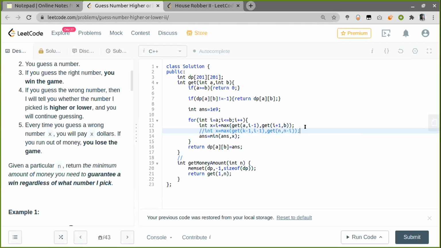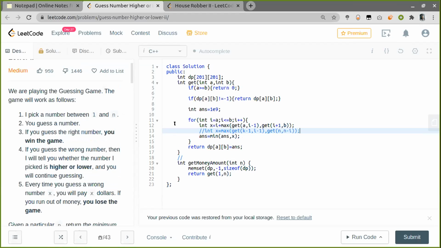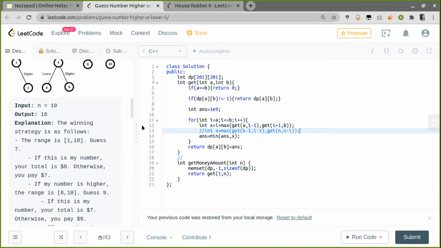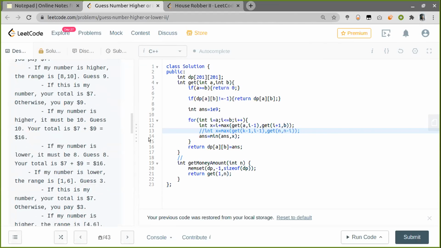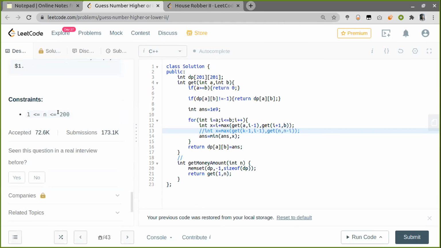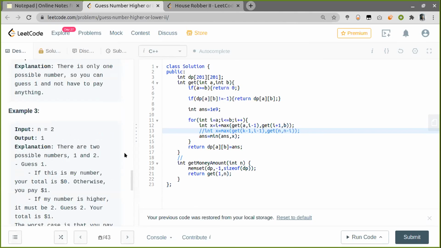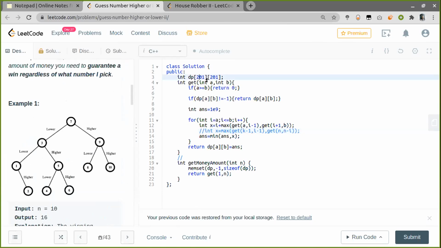It's perfect. Only you are actually adding the penalty also, which is the I in this case. Correct? Yeah, absolutely. Initially it perfectly looks like that. So that is what was coming to me also. Now you also demonstrated the binary search approach, right? So even the binary search should work, I think. The constraint is very small, so you are not tempted to do it. Okay, it makes sense. The time complexity will be O(n square) since the value will change from 1 to n, and the space complexity will also be O(n square).